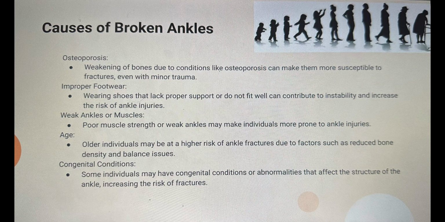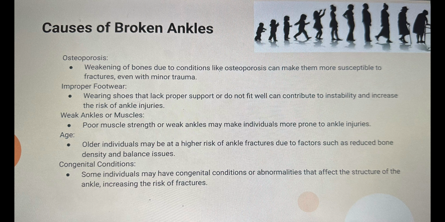Another cause would be osteoporosis. So weakening of the bones due to conditions like osteoporosis can make them more susceptible to fractures, even with minor trauma. You have improper footwear. So wearing shoes that lack proper support or do not fit well can contribute to instability and increased risk of ankle injuries. You can also have weak ankles or muscles. So poor muscle strength or weak ankles may make individuals more prone to ankle injuries. And age is also a factor in it. So older individuals may be at a higher risk of ankle fractures due to factors such as reduced bone density and balance issues. Then congenital